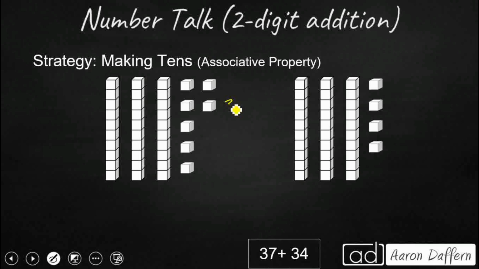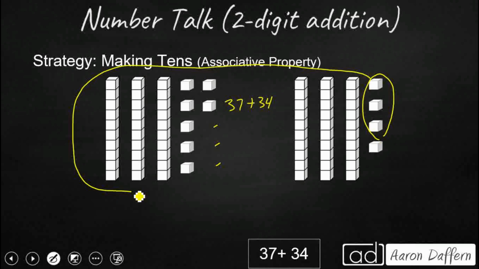We can also use the associative property to make tens. What we do is we look at both of our add-ins, and let's look at this first one. How far away is that from our next 10? Well, we see we've got 37. All I need are 3 more, and I can get up to 40. So that's what I want to do. I want to break up my second add-in, and I want to grab 3 from there to bring this 37